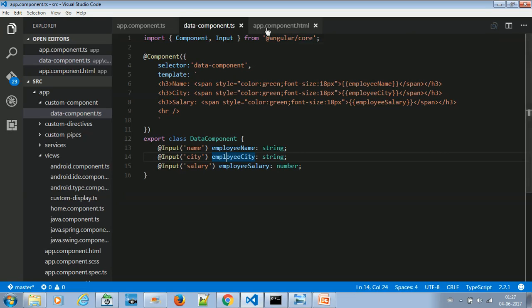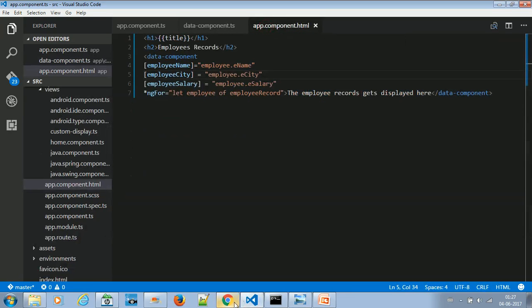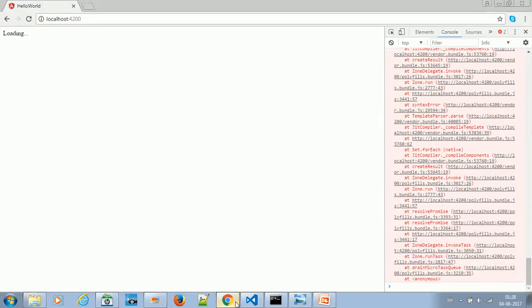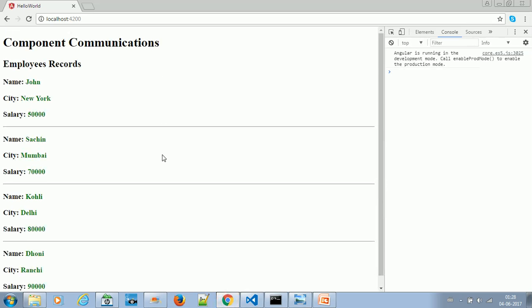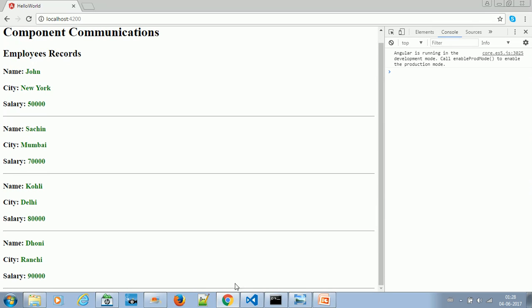Now I have to make changes, otherwise it will not work. If I come back, see, it is giving an error, it is not able to detect. It is no more employee name, employee city and employee salary; it is simply name, simply city, and simply salary. Fine, now it should display again, so it is coming again. So this is how we can